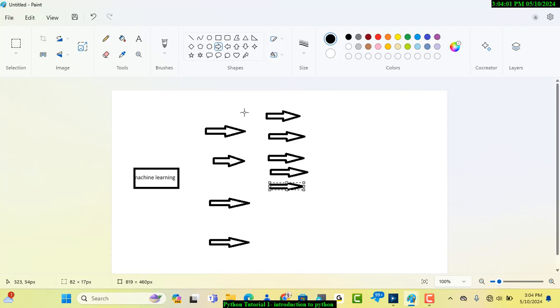When you move to semi-supervised learning, we have 2 subcategories. The first one is classification. You also have regression. Then under reinforcement learning, we have model-free and model-based. Okay,